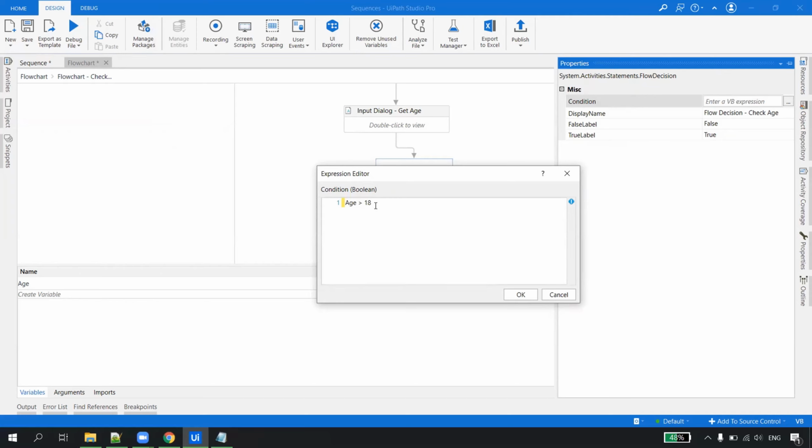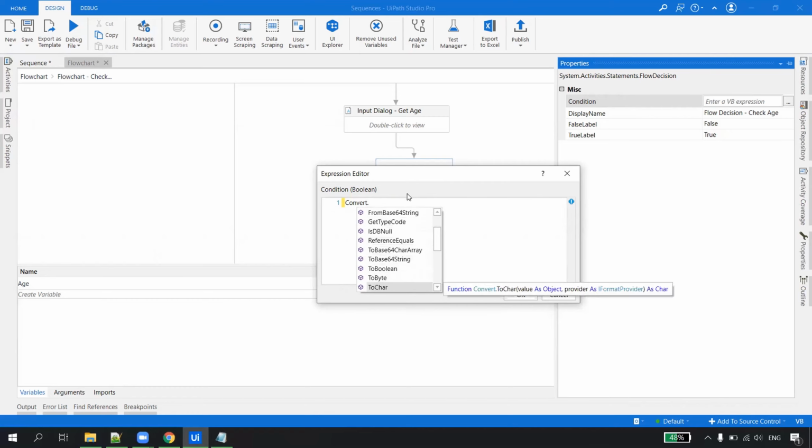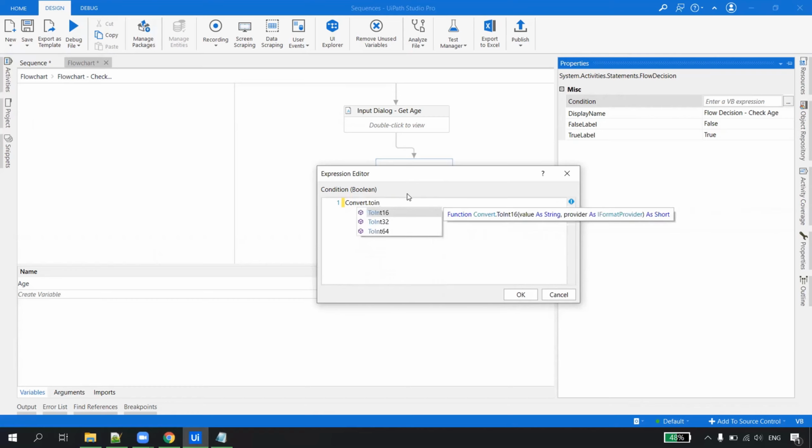So now how can I convert? It is very simple to convert the data types. All you have to do is type Convert, then put a dot, and it will ask you in which format you want to convert. As of now, we would just want to convert it to Int32. If I write int here, I get an option of Int16, Int32, Int64. These are the different variants. We will talk about this later. As of now, let's convert it to Int32. Which variable do we